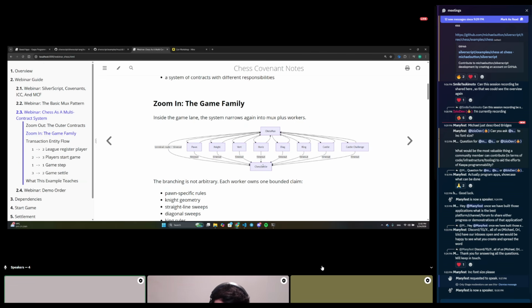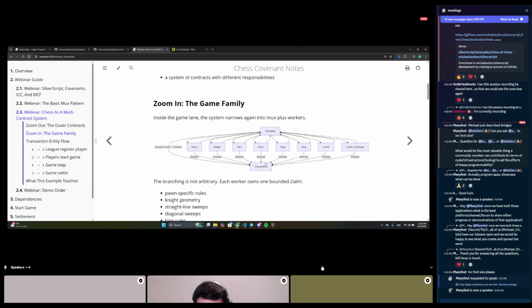And then there's the chess settle, the terminal point. It has enough complicated logic on its own because when you settle, you consume the two players, update their stake, take the stake from the game and give it to the winner, or split in a draw, and you update their ratings. They have a rating.